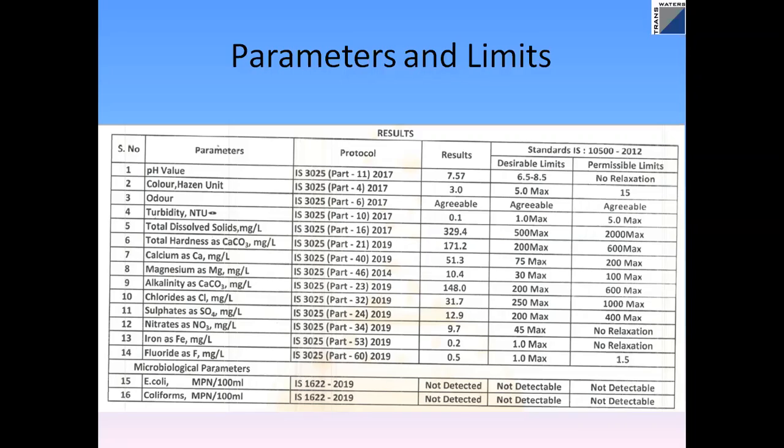Total dissolved salts is the next parameter. This is measured using the TDS meter, or there are other methods to measure the salts. This is the combination of all the salts in the water. Total hardness of water is measured as calcium carbonate in the water. So calcium and magnesium ions. Alkalinity as CaCO3 is very important. This decides how much acid is required to neutralize your water. Basically, this is a very important parameter.